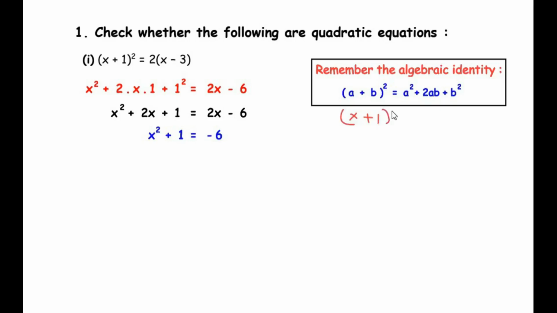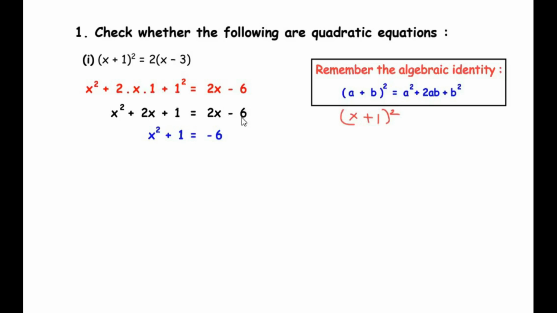So using this identity we have expanded x plus 1 the whole square as x square plus 2 times x times 1 plus 1 square is equal to, now we have expanded this right hand side bracket, that is 2 multiplies with x giving us 2x and 2 multiplies with negative 3 giving us negative 6. Now in the next step we have simplified this equation. So x square plus 2 times x times 1 gives us 2x plus 1 square is 1 is equal to